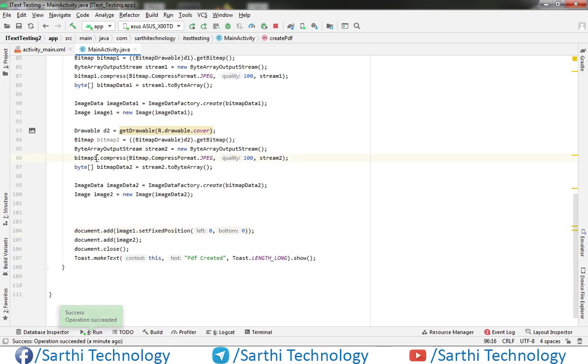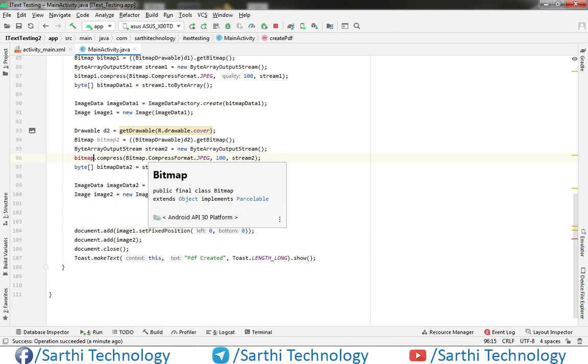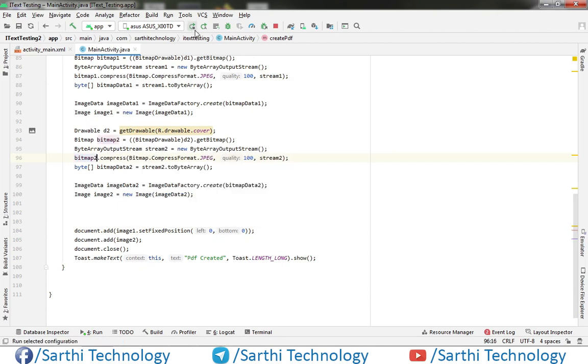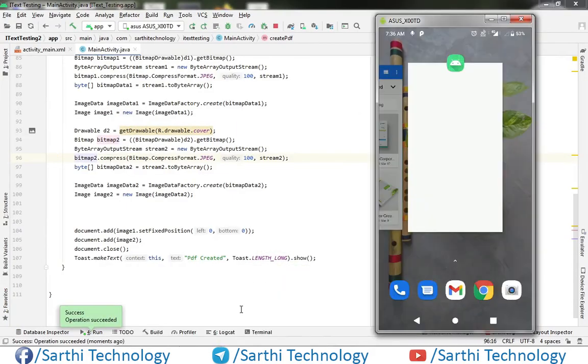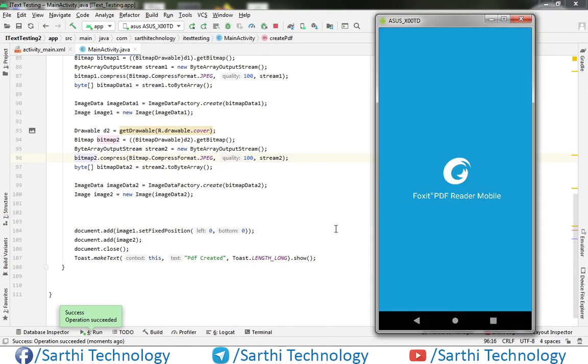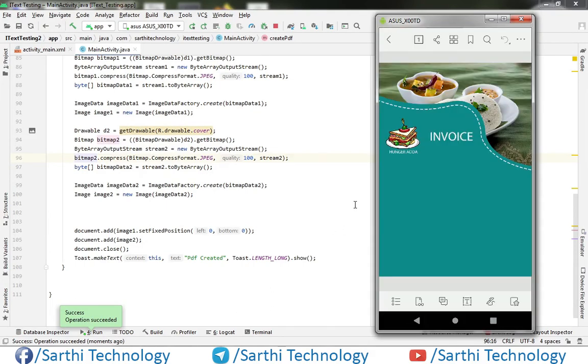Okay, I think this is missed, so run again. Now we got this background image and this cover image.